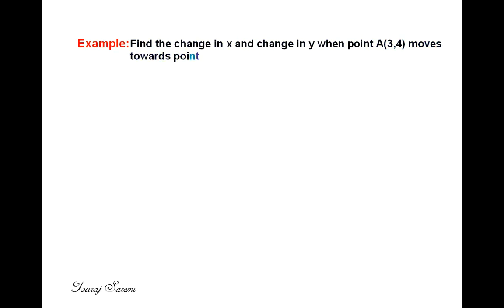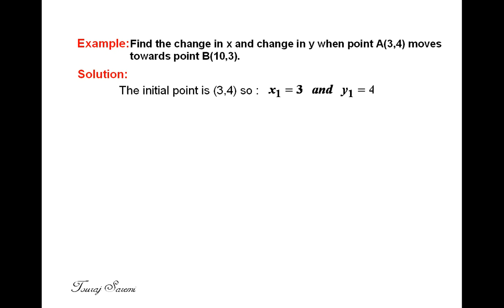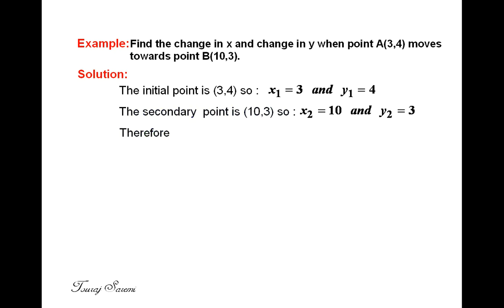Example. Find the change in x and change in y when point A (3, 4) moves towards point B (10, 3). Solution. The initial point is (3, 4), so x1 is 3 and y1 is 4. The secondary point is (10, 3), so x2 is 10 and y2 is 3. Therefore, delta x is 7. And delta y is